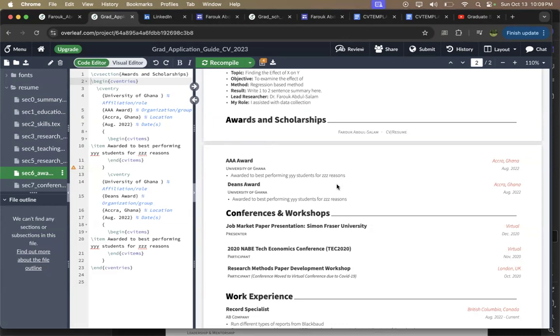There's always a case that you give one or two pointers as to why you won the award, because there are two types of awards. The very first one might be merit-based, right? Where they gave you the award because you deserved it based on your academics. And there is also an award that can be given to you just on compassion basis. Maybe you are just suffering as a student and you don't have enough money to pay your fees, and they will just give you a bursary because of that situation. This is not a merit-based award. They're just giving you out of sympathy, right?